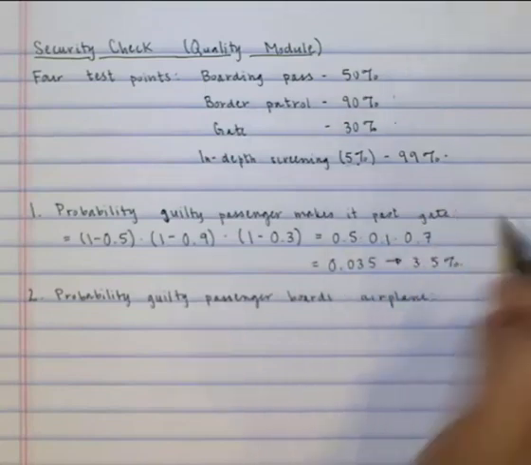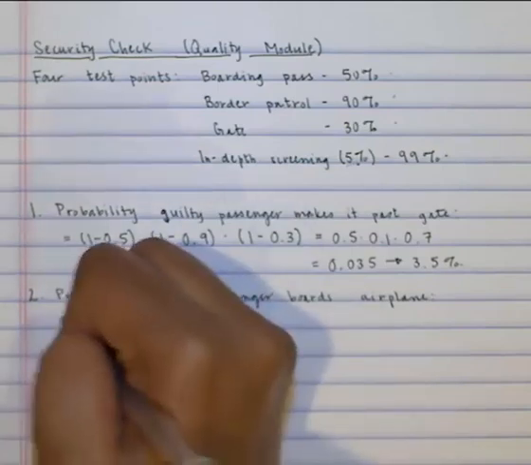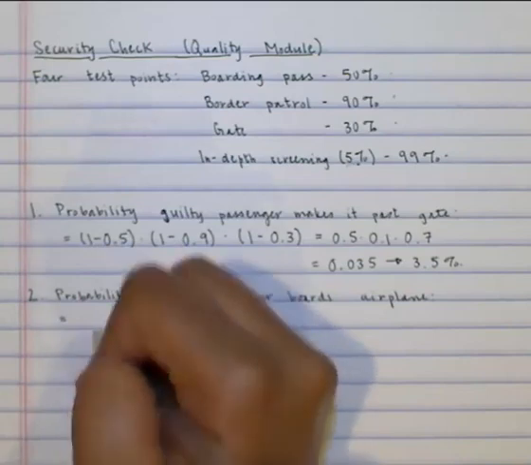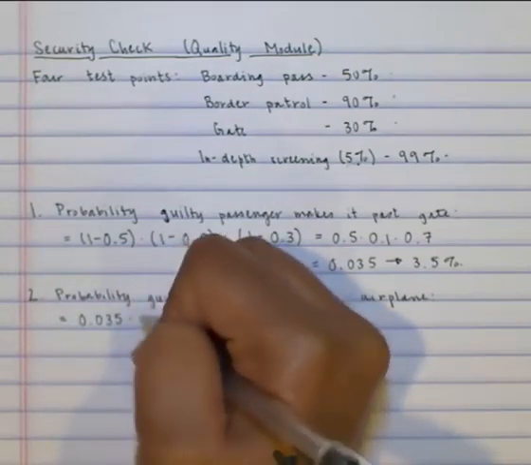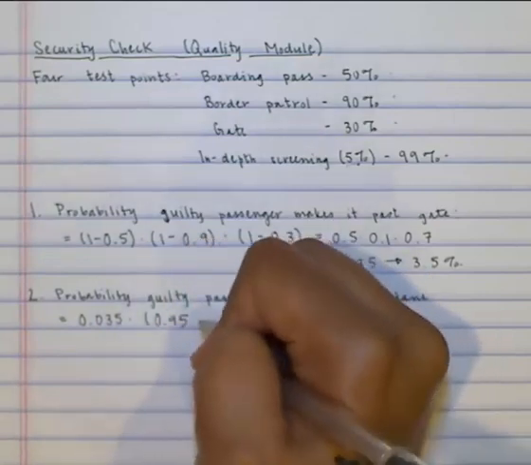The second question asks what the probability a guilty passenger actually boards the plane is. This is the probability that the passenger makes it past the gate times the probability that the passenger makes it past the 4th checkpoint. That is 0.035 times 0.95 for the 95% chance the passenger is not selected for screening,